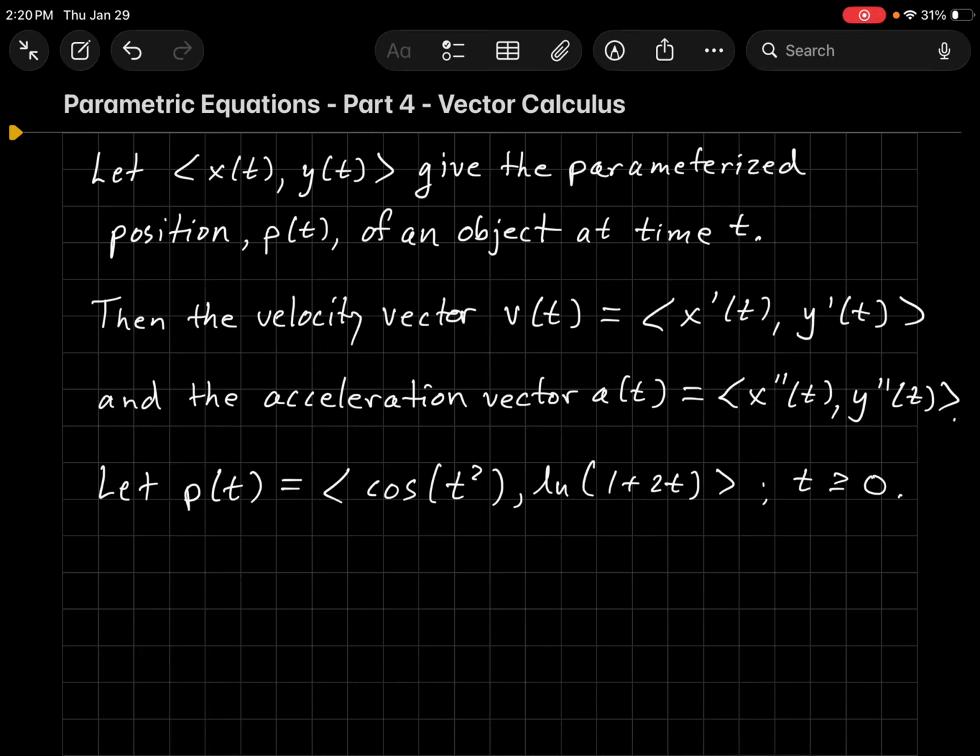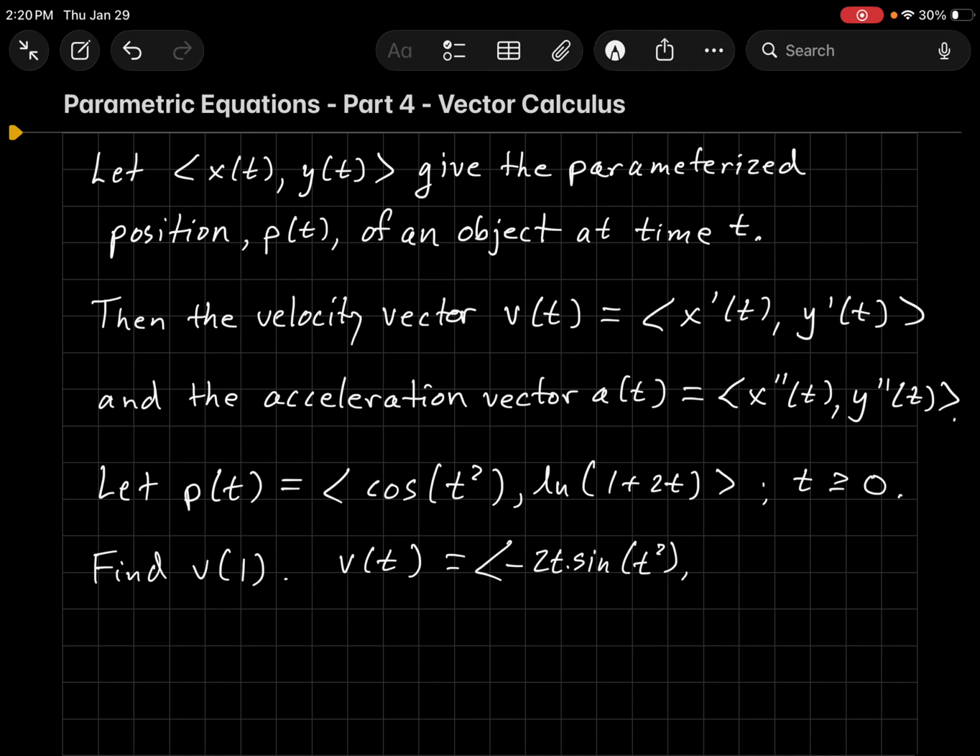What is the velocity vector at t equals 1? Well, the velocity vector at t is x prime, so negative sine of t squared times the chain rule, 2t,